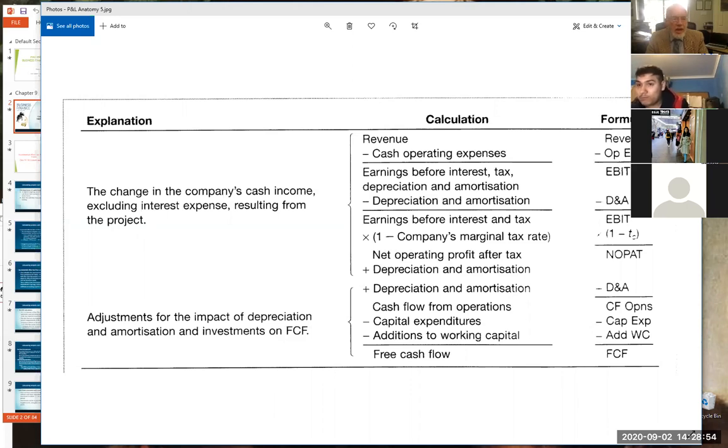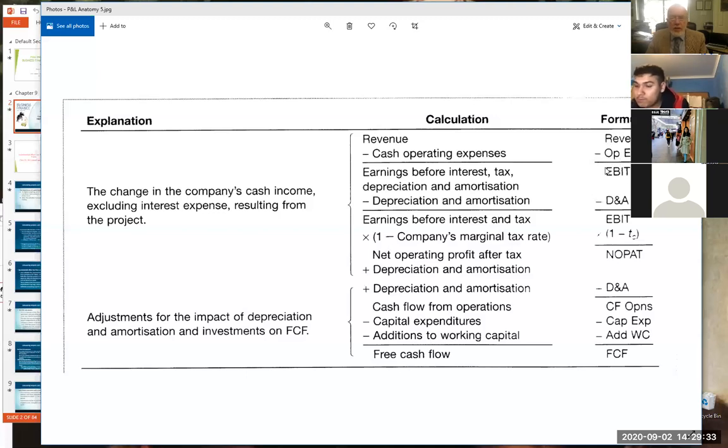Why is interest and tax separated away as a separate class here? The reason is this. Above this line, everything has to do with the operation of your business. The operation of the business might be selling something, or it might be producing for sale something. So if you're a brickworks, you're making bricks to sell them. If you're an accountant, you're using human resources to make nice tidy sets of books for your customers in order to sell it to your customers. So you're all the time making and selling above the line.